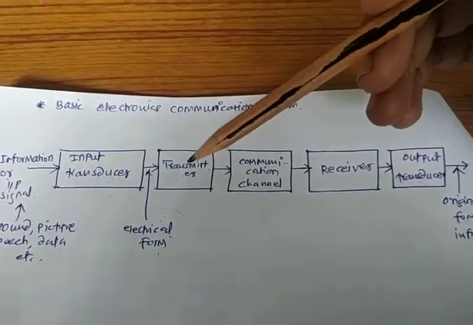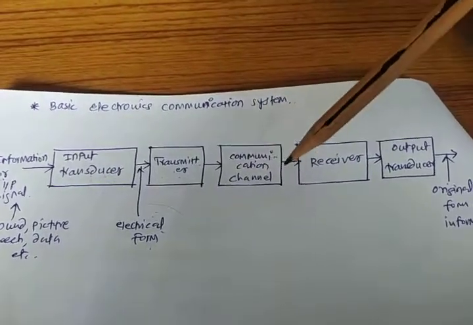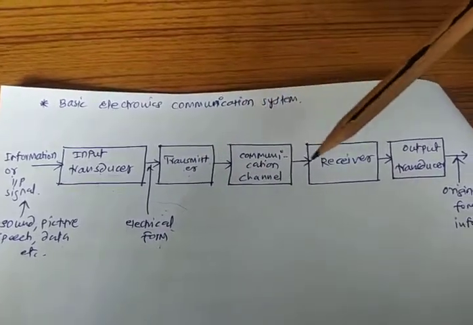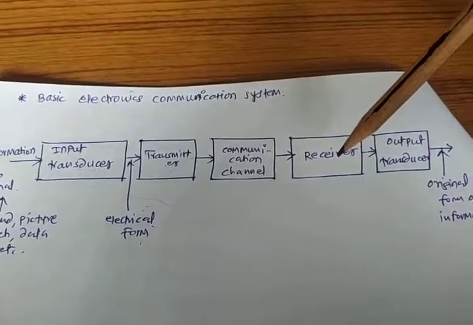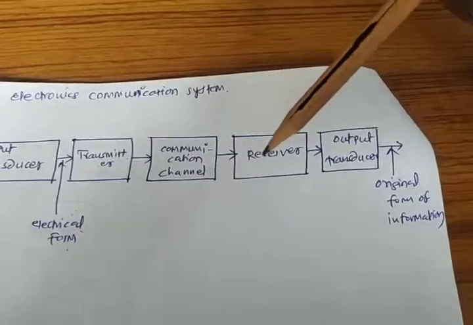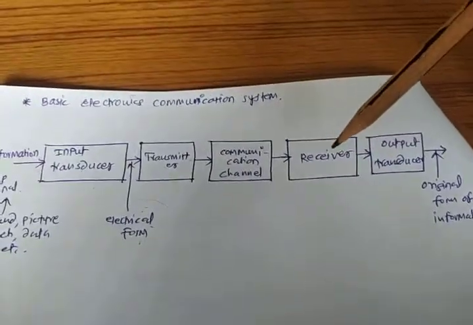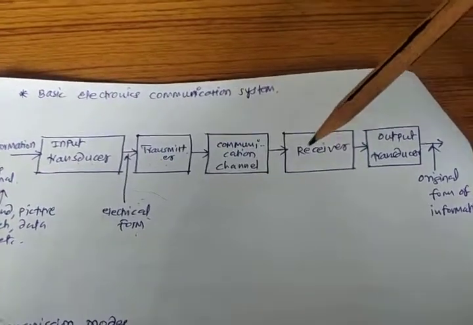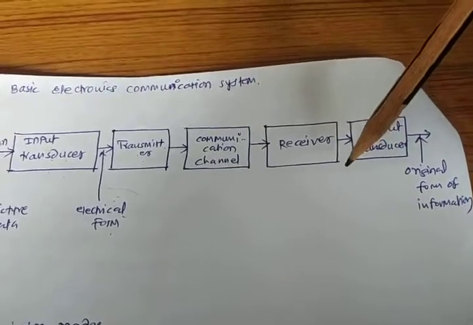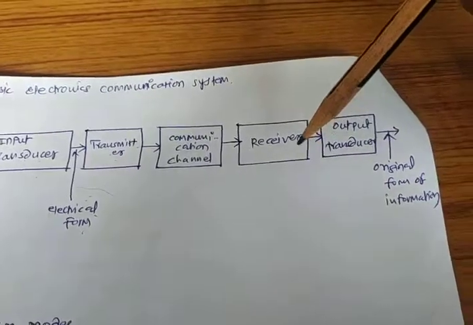In between the transmitter and the receiver, the communication channel plays a very important role. It receives the signal from the transmitter and sends that signal to the receiver. Whenever the receiver receives the signal coming from the channel, we can observe a number of frequencies. On the receiver side, when we receive the signal, the nature of the signal is electrical.